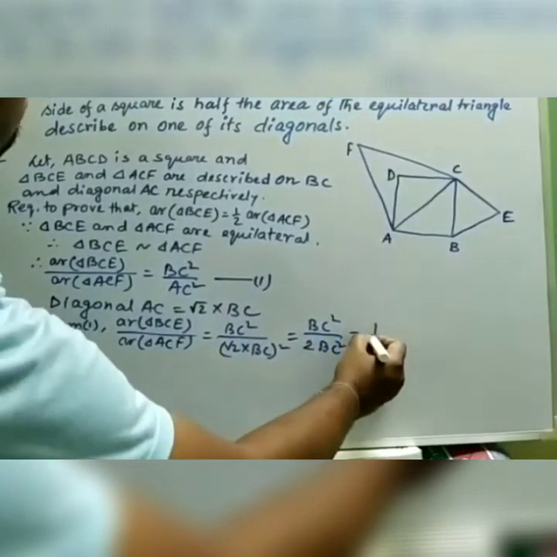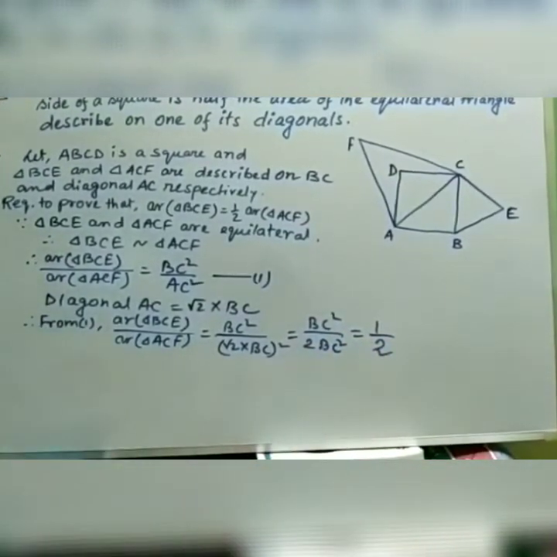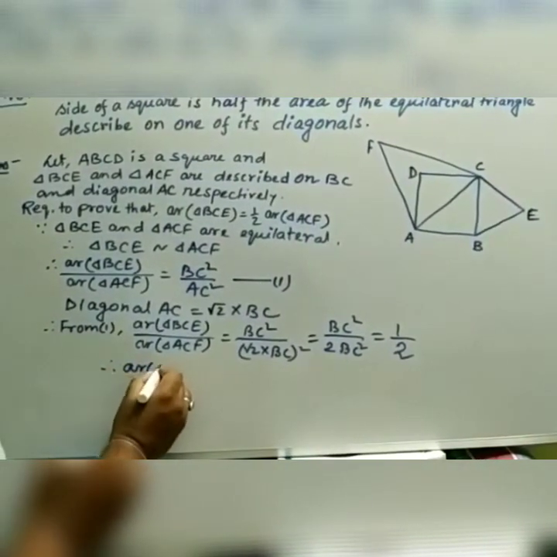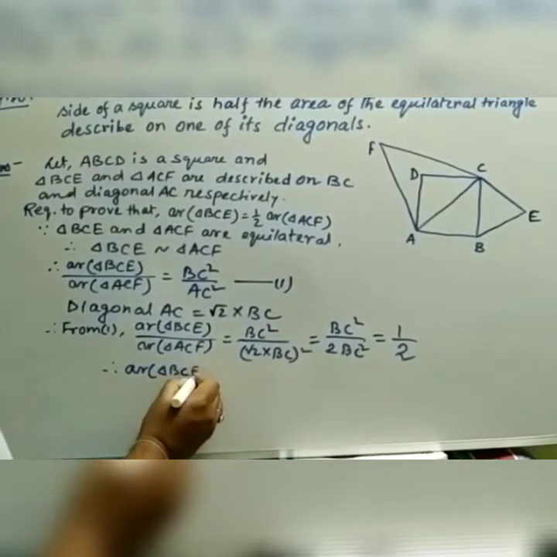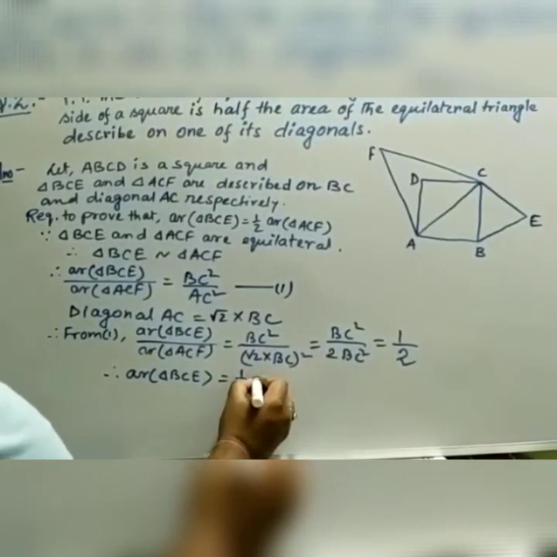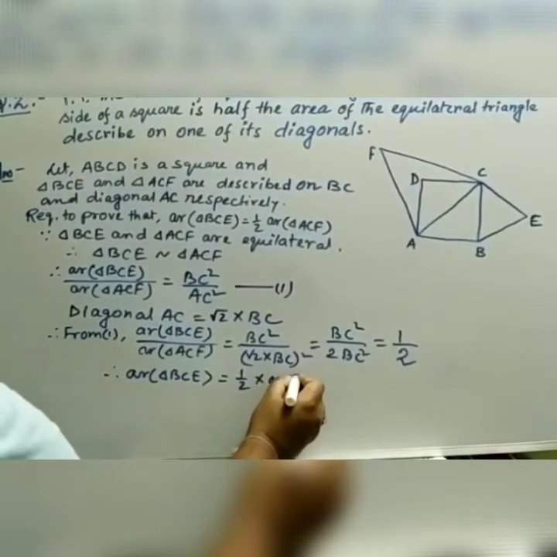Both BC square will eliminate and it will give half. So therefore from here we conclude area of triangle BCE equals, by doing cross multiplication, half into area of triangle